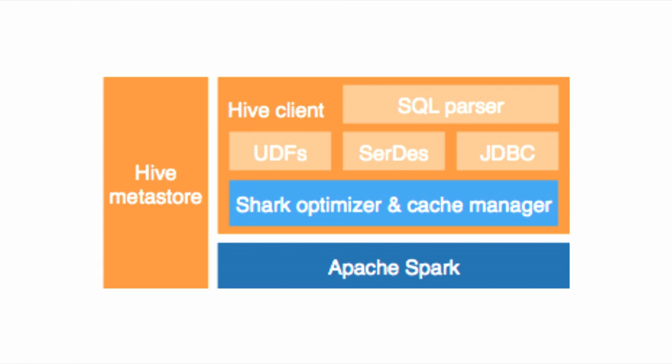And you can interact with Shark in two different ways. One is you can continue to use Hive exactly as you have it, but swap out the engine underneath of it. So instead of it kicking off MapReduce jobs, it kicks off Spark applications and Spark jobs. So the goal here is the same level of interaction, you just get the performance boost of Spark.